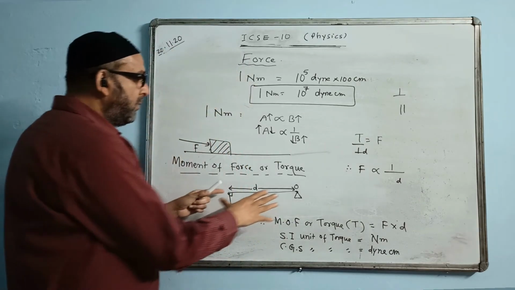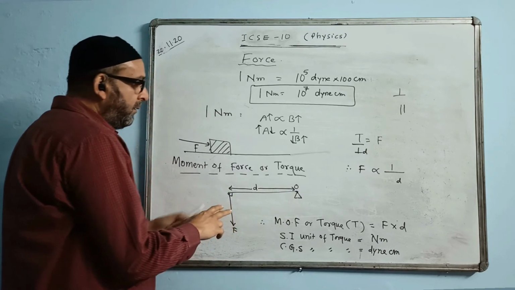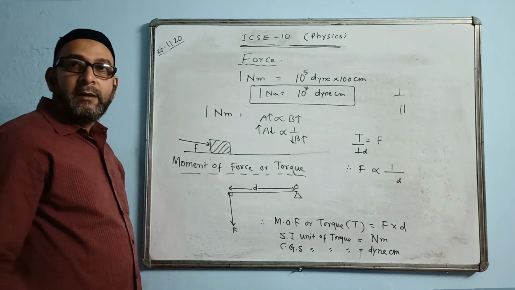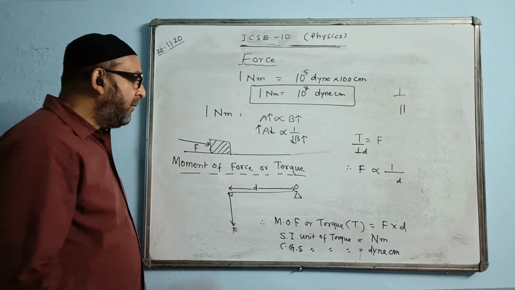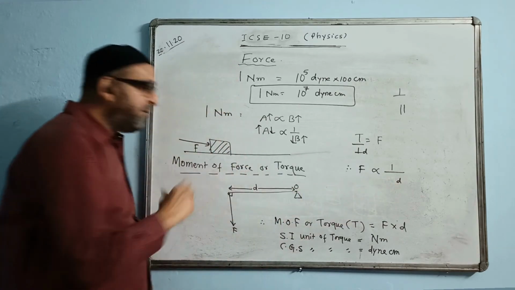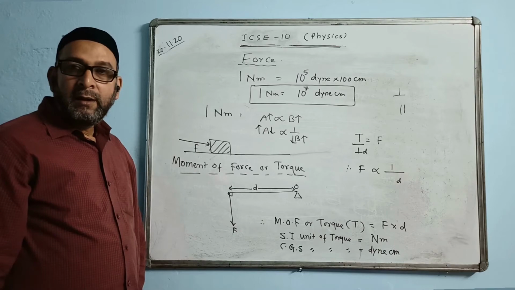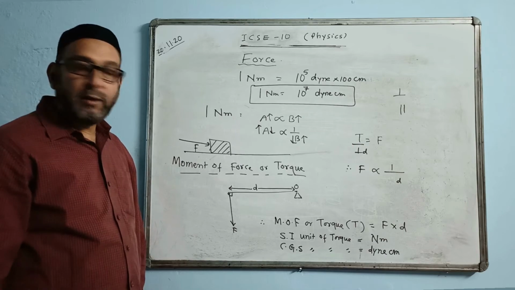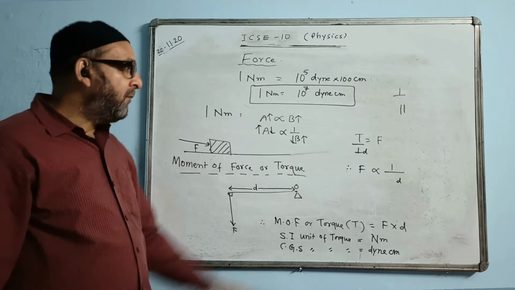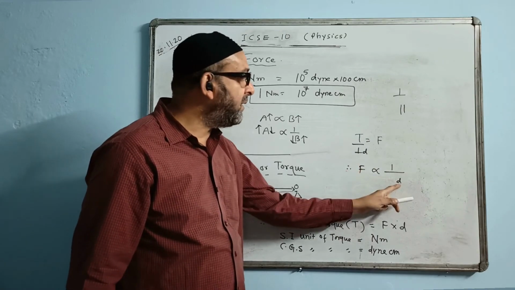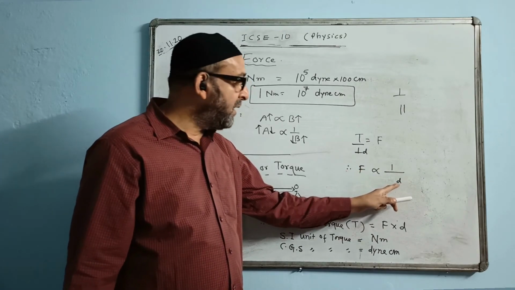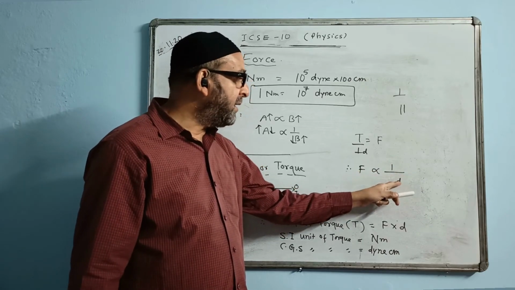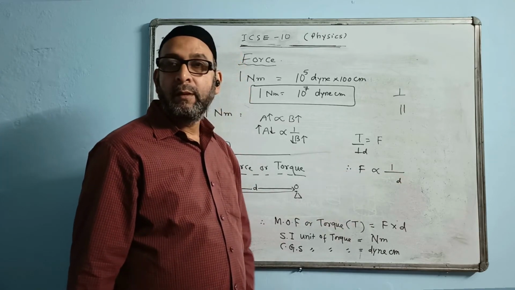Suppose you want to turn a body, this is the body, from here till here is the body and the pivoted point is here, in two different ways. In one case we have less distance and in one case we have more, a large distance. In which case will the amount of force applied on the body be less? In which case will the value of F be less? The case in which the distance is more. When the perpendicular distance is large, then the value of force will be less, and when the distance is less, then force will be more.